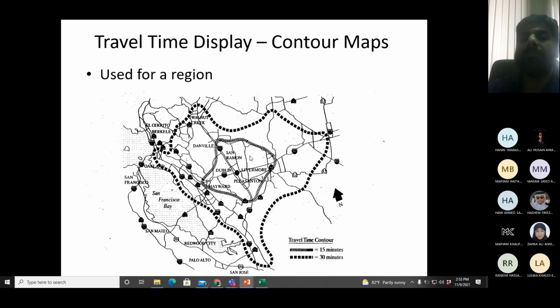Similarly, for a big hospital, people may travel from a longer distance, so this whole area can be the area from which people come to your facility. For an airport, a contour line of 1 hour can show you the area of interest. Depending upon the type of facility, the catchment area can be bigger or smaller.